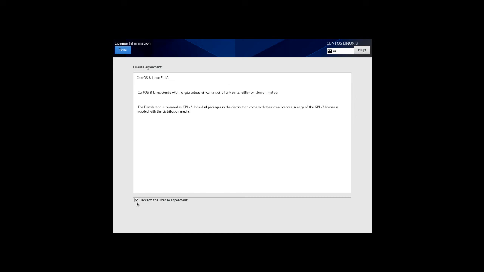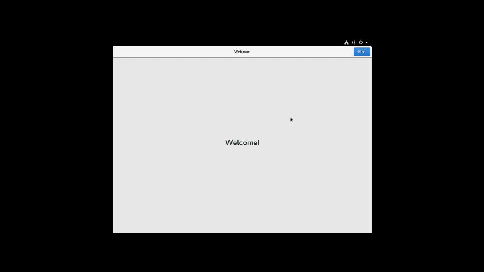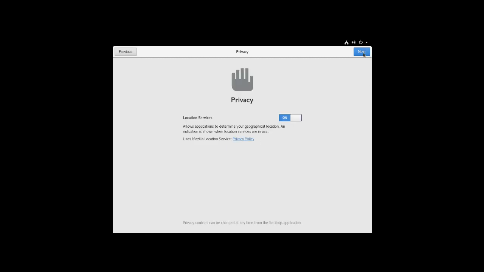So here we have to accept the license agreement and click on done. Then you will see finish configuration. Click on it. So in case if you want to create a user, you can click there. But currently I'm not creating any users, so I will be using the root account. So click on next,